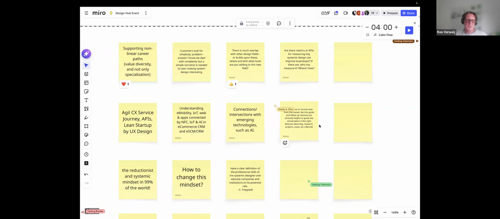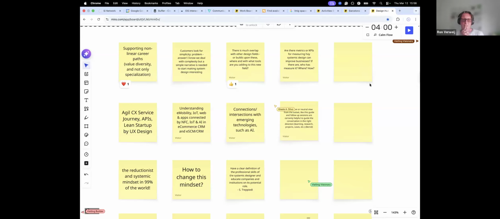I delivered a couple of IoT innovations based on systems thinking, but more intuitively. I think it is possible, but it's complex, because technology by default is also very systemic, right?